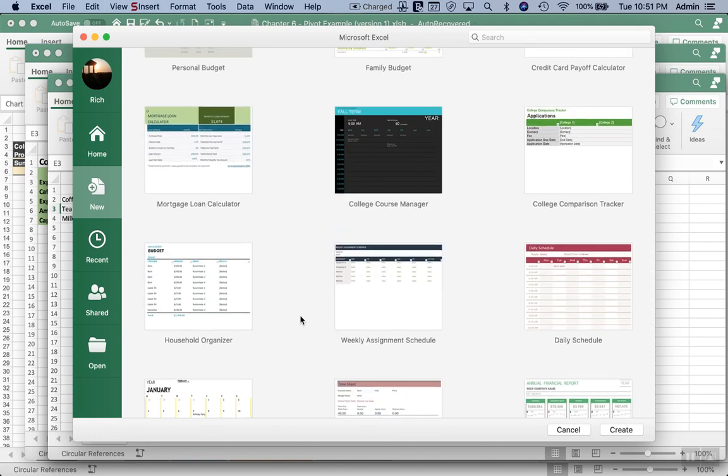There are a bajillion of them out on Microsoft sites. People who use this stuff have made a lot of really good references. So if somebody comes to you and says, I need an Excel workbook that can do this, that, or the other, you might want to go out and explore the template list. To give you an example here,